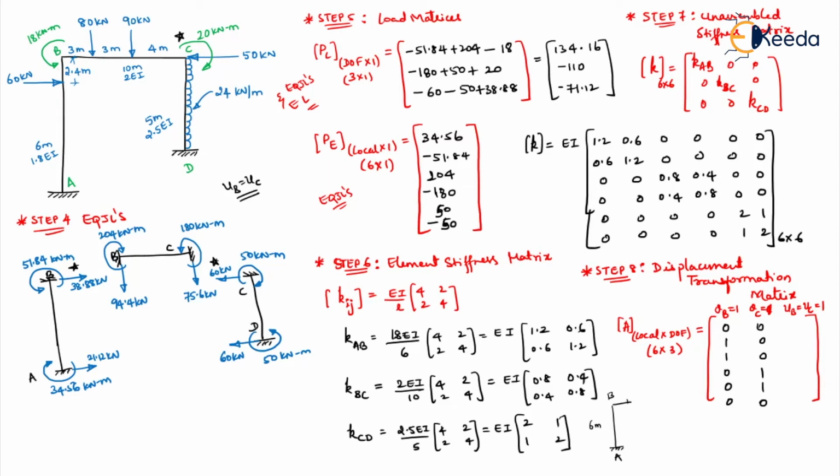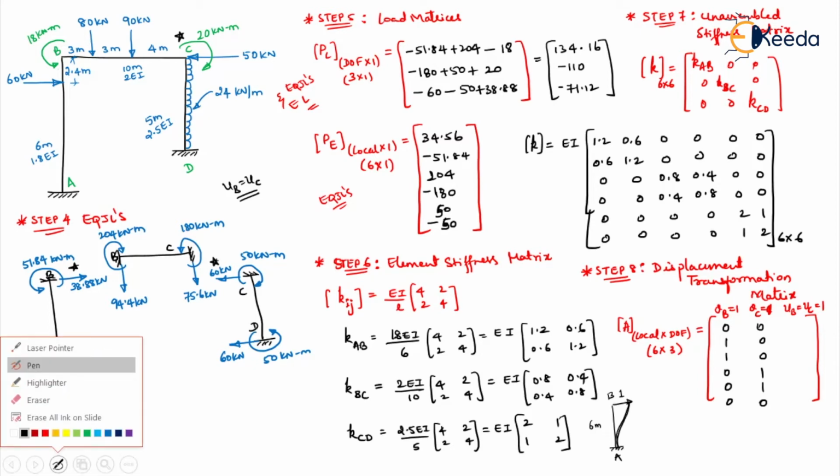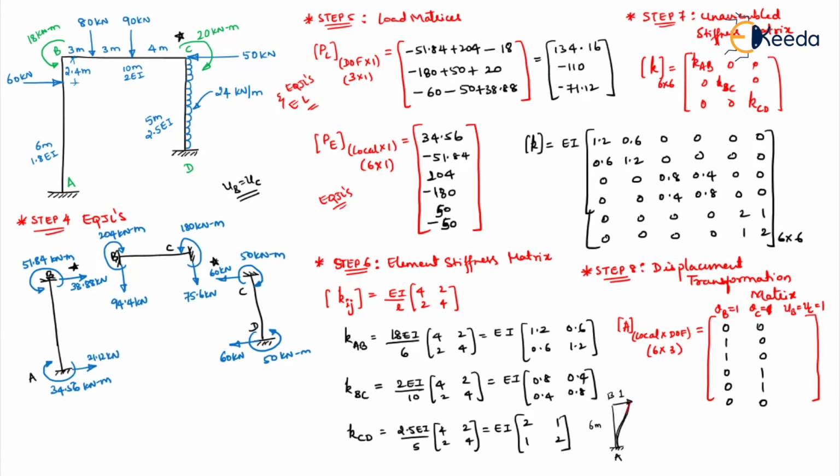Right? So I am giving a unit displacement in this direction. So this will be a 1. So what will happen to this? This will bend like this, right? So if I bend like this and draw a tangent from here to here, and if I want to go to the original beam, I have to go in which direction? Anti-clockwise direction. So if it is anti-clockwise, then I have to take it as minus.